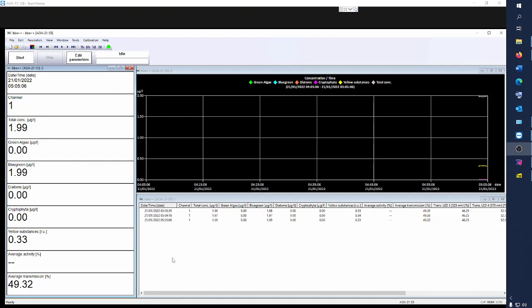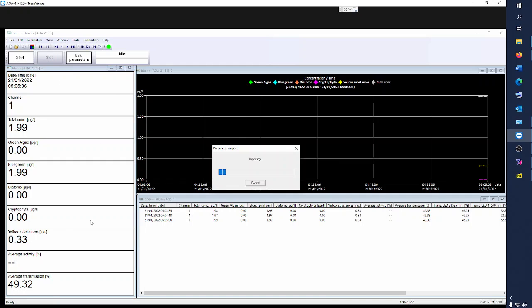Hello, I want to tell you about the main parameters in the BVE software. There are two ways to get to the parameters. There's one button here, or you go to the parameters and go to online. If you go here to edit parameters, you always get the online parameters. If you go to these online parameters, the hardware, the